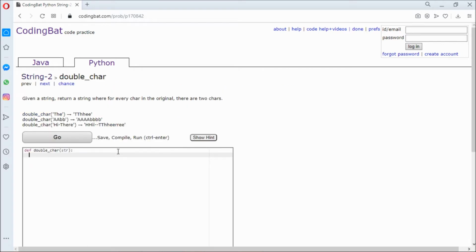First question is double char. Given a string, return a string where for every char in the original there are two chars. So every character will be doubled, and that's how it will roll. Okay, so we can take a loop, for i in range of str. When you don't mention any other parameter in range, that means it covers everything, the final, like everything in it. And then we can define another